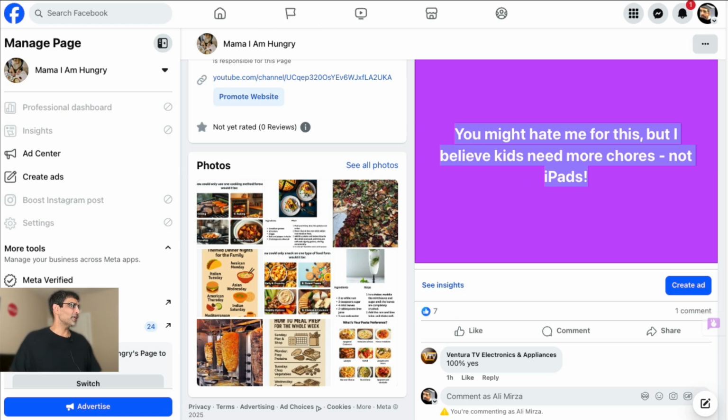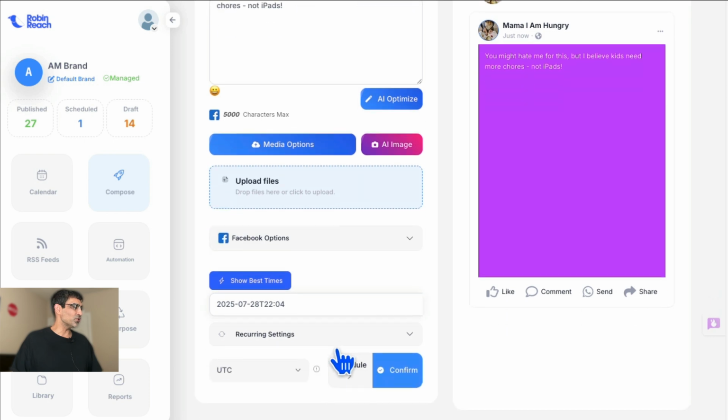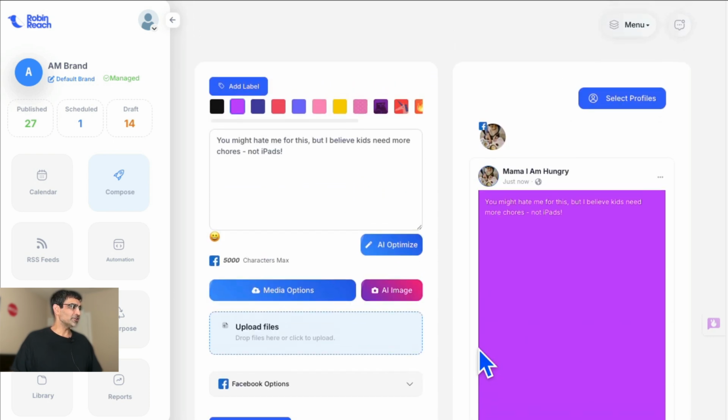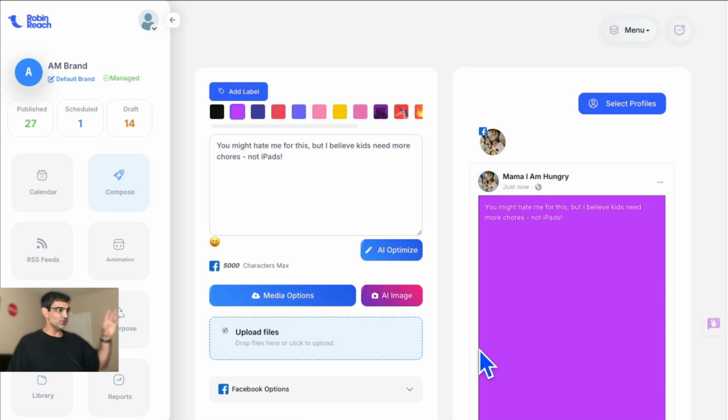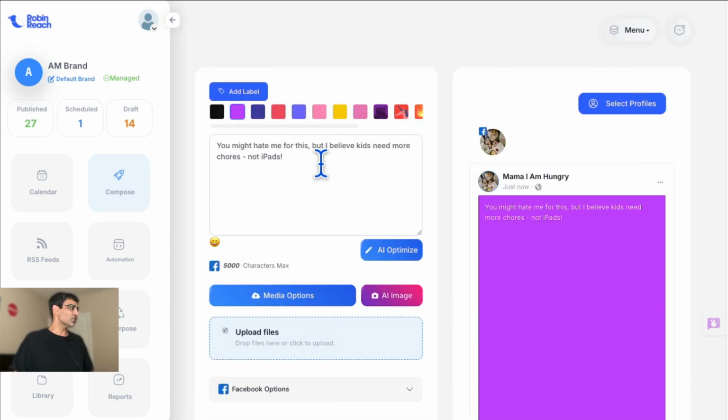And now the thing is, let's say if I didn't want to post this, I can go and schedule this. That is something I haven't seen a lot of AI tools or a lot of social media management tools do, where you can create the text on background images and then schedule them. But this tool lets you do it. All right, that was one. Number two, let's also look at